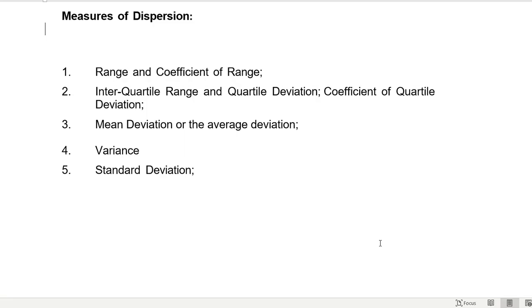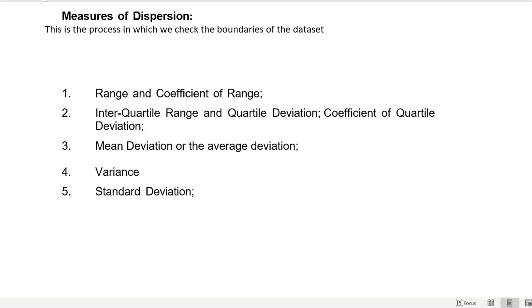Let me define this measure of dispersion: this is the process in which we check the boundaries of the data set. So this is defined as the spreadness or the scatteredness